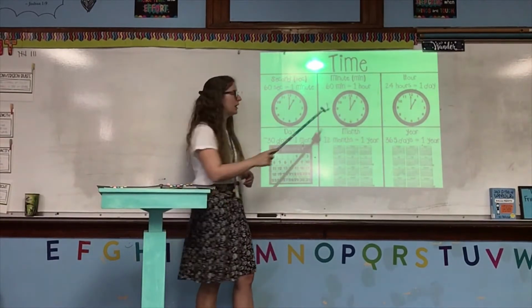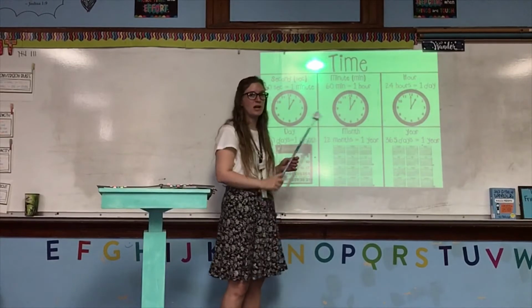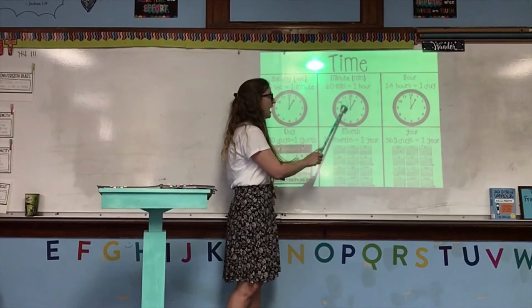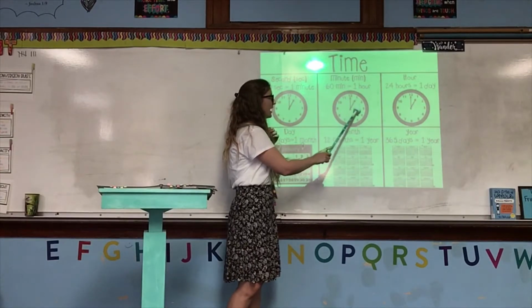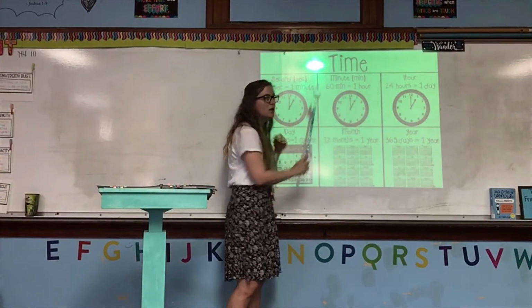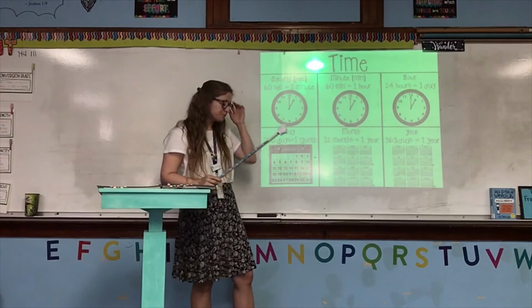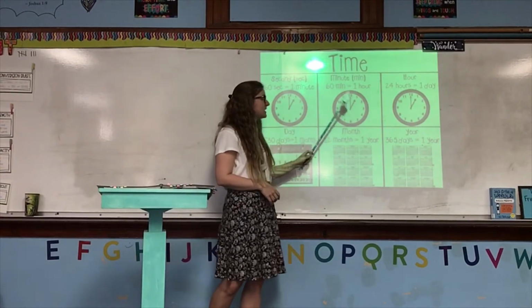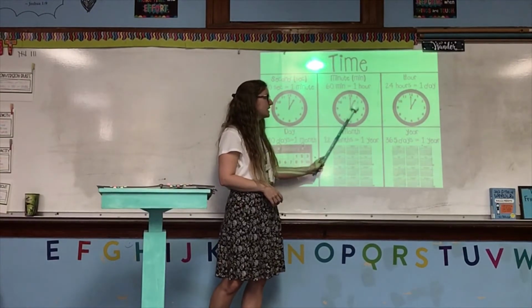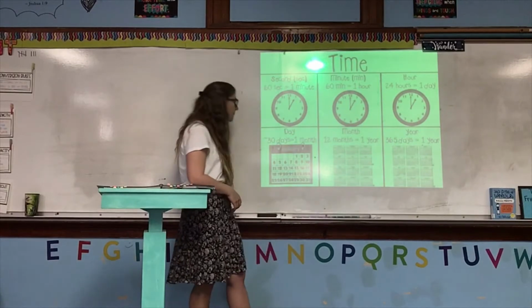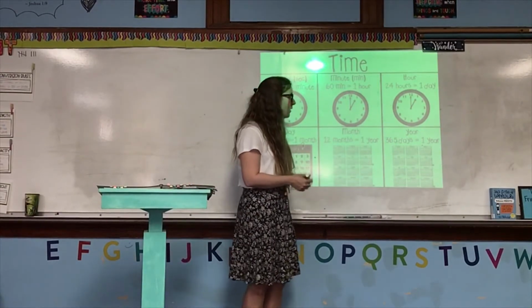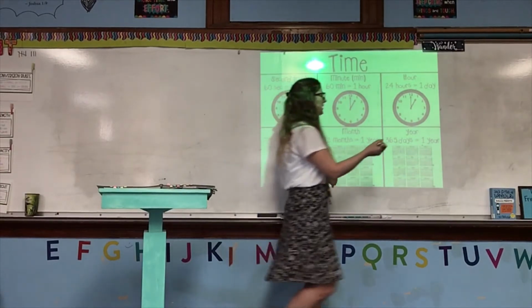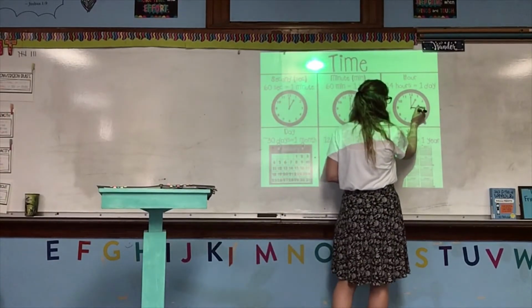And, as we should know, there are 60 minutes in 1 hour. This minute hand has to move all the way around for there to be a new hour, and it moves 60 times in 1 hour. Next, we have an hour. An hour, I'm going to add it in here. So an hour is where we have that other